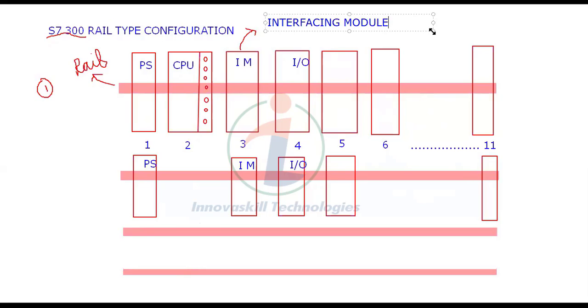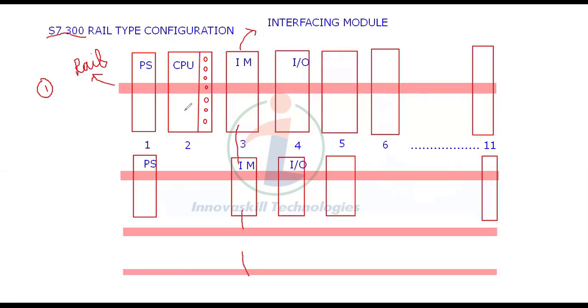This interfacing module is only used to interface these rails. From this IM there will be a connection to the IM present in the next rail, and from that IM the connection will go to the next one. So IM to IM it will be interlinked.